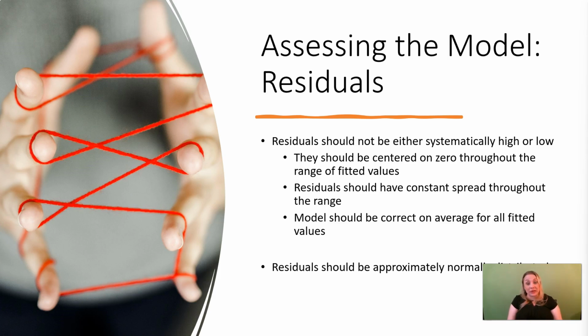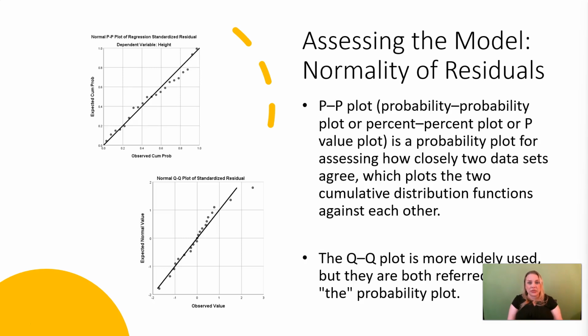We should also see relatively a normal distribution when we're looking at our models. So when you're assessing your plots, you can look at a PP plot, which is called a probability plot or percent plot for your p-value. And basically it's looking at how closely those two data sets agree with each other. And so it's going to plot the two cumulative distribution functions against each other in that PP plot. The QQ plot is more widely used, and it's typically referred to as the probability plot, but it's the same